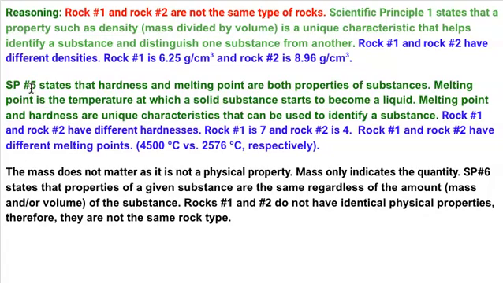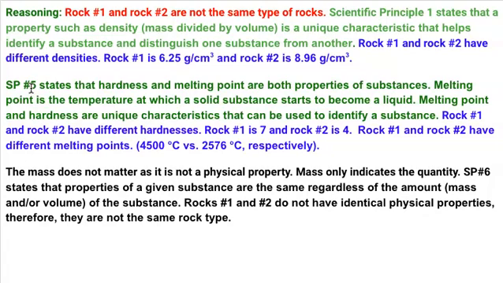So I just restated it, and then what did I do? I copied and pasted data in here. Well, rock number 1 and rock number 2 have different hardnesses. Then what are the hardnesses? Well, it's 7 and 4. And then I talk about the melting point. Rock number 1 and rock number 2 have different melting points. 450 degrees Celsius versus 2,576 degrees Celsius. Again, what did I do? State the principle. Then I have to explain why the principle is important by putting the